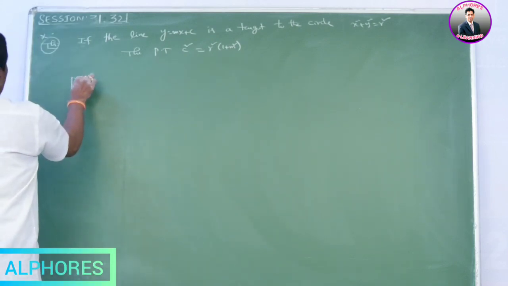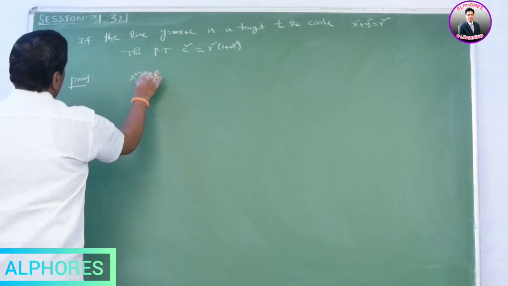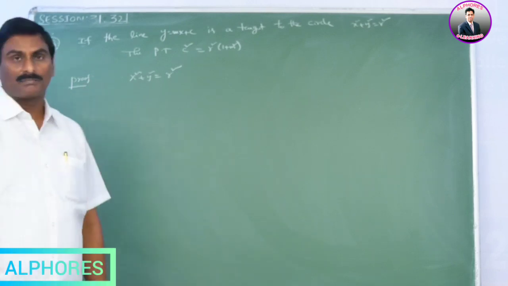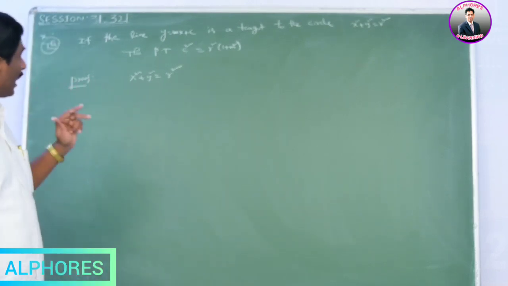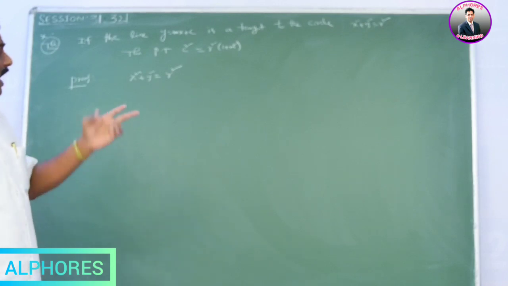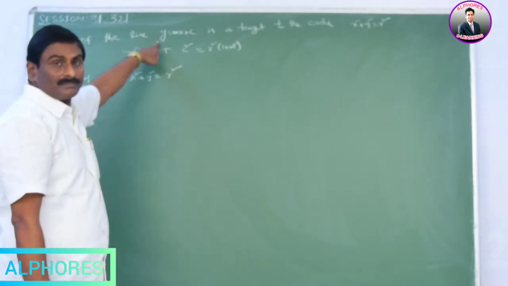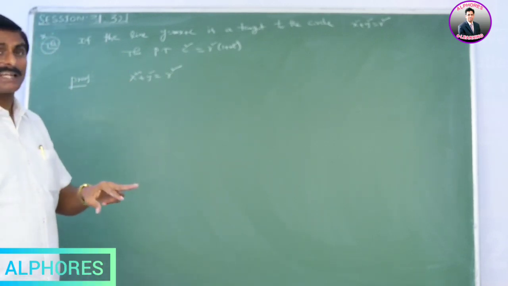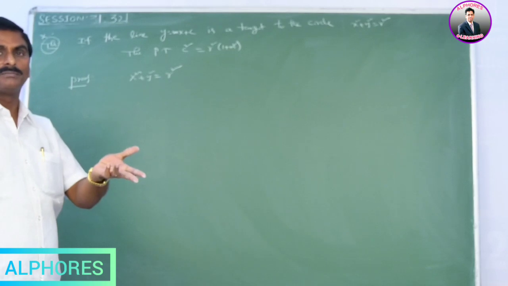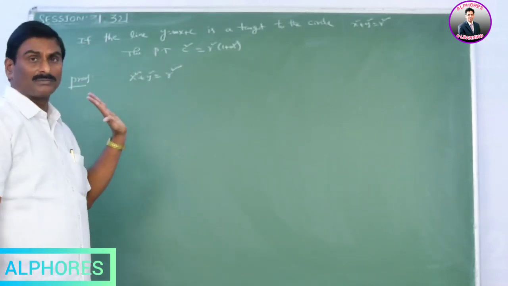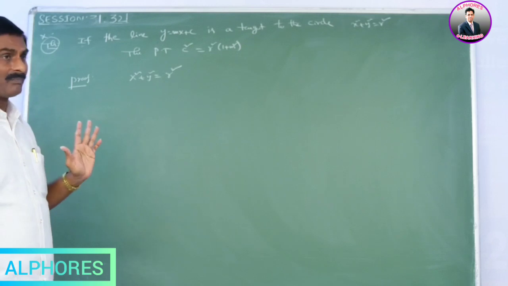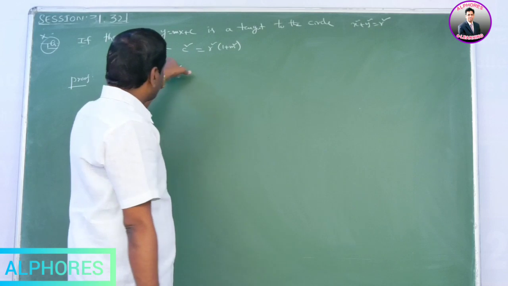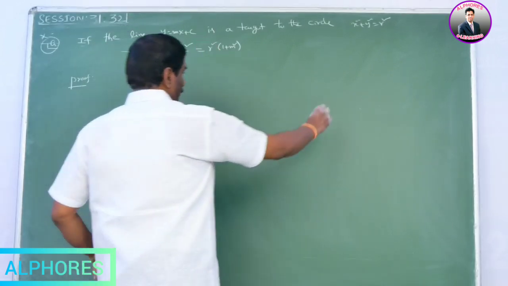Proof. Here the given circle is x square plus y square is equal to r square. In this case, it can be done in two ways. In the previous theorem, we already discussed two methods. If the perpendicular distance equals r, then the line touches the circle. Or by solving 1 and 2, for touching the circle we have only one solution, that means delta is equal to 0. By taking that value also, we can prove this. Or a third method is there, and in this case we prove it in this way.